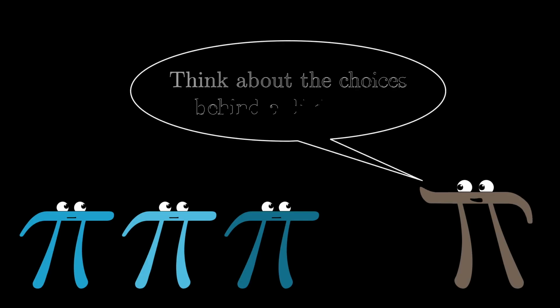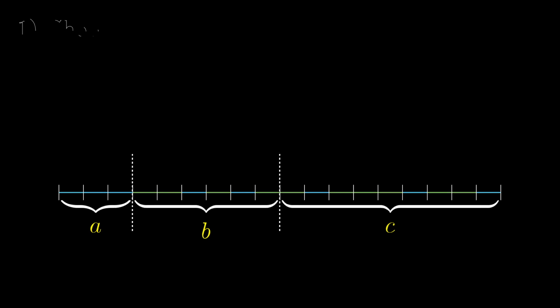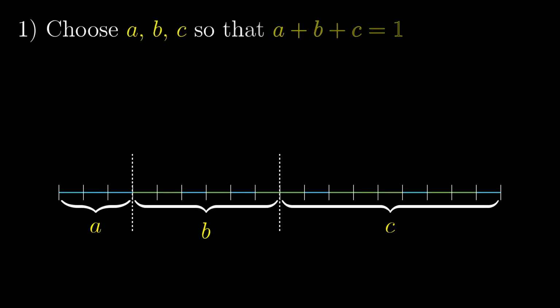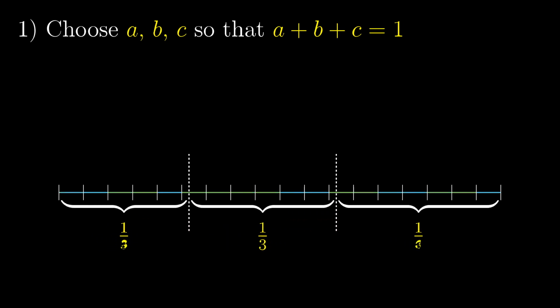Now, in this continuous case, where you can cut the line wherever you want, think about all of the choices that go into cutting the necklace and allocating its pieces. First, you choose 2 different places to cut the interval. But another way to think of that is to choose 3 positive numbers that add up to 1. For example, maybe you choose 1/6, 1/3, and 1/2. That would correspond with these 2 cuts here. Anytime that you find 3 positive numbers that add to 1, it gives you a way to cut the necklace,